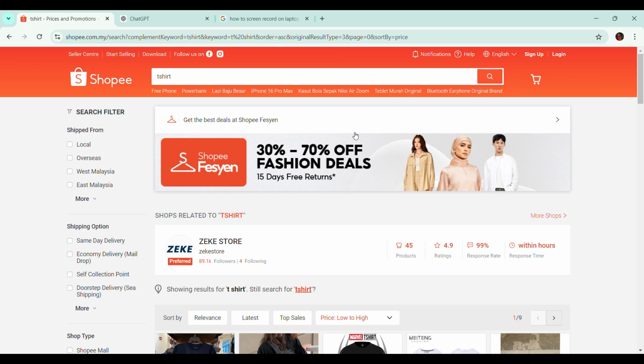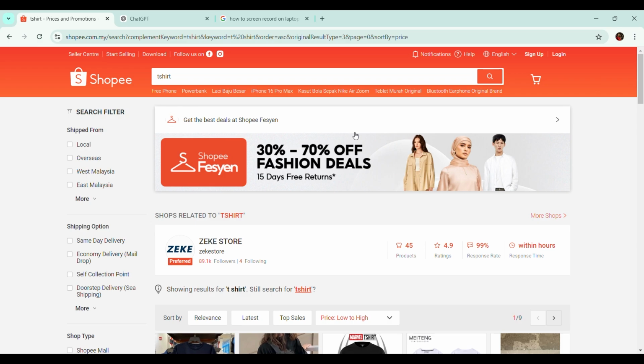So for today, as you can see on the screen, I'm screen recording. I have been given a task to come up with 5 questions regarding the user interface and the functionality of the Shopee app. So I have to consider that I'm in charge of the Shopee app interface and functionality, and come up with 5 questions to get feedback from users of the Shopee app.